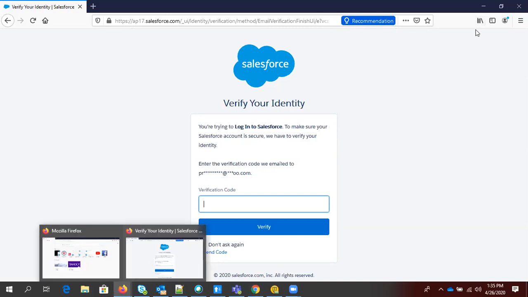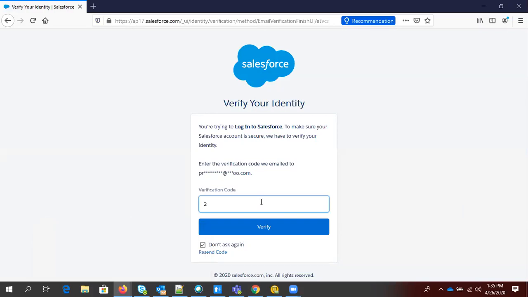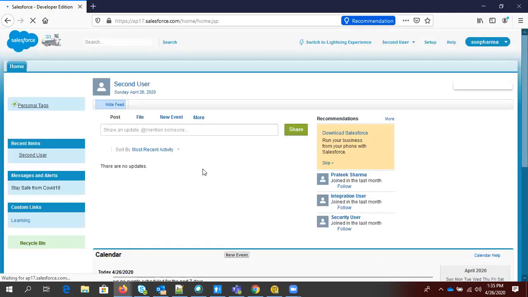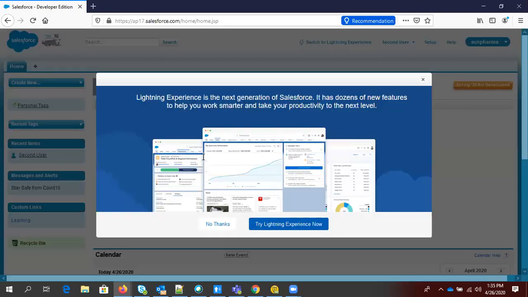Check the mail on my mobile to verify this. The verification code is 27721. You can disable this by giving the IP restriction in your profile, right? So we'll do it later.